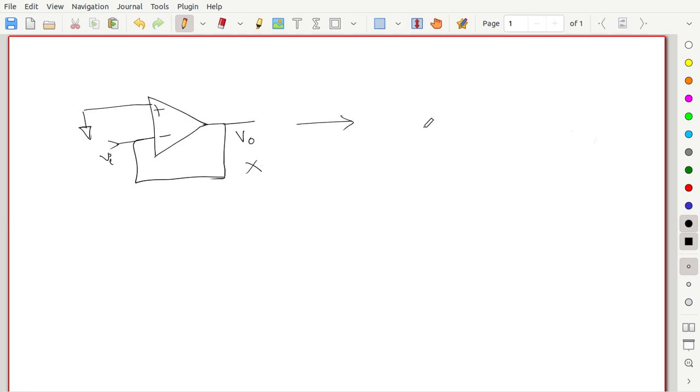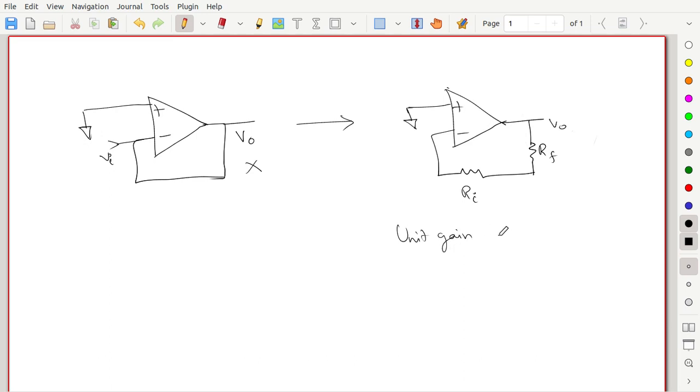The correct one is we have to include the feedback resistor and the input resistor. So the correct one is, this is our output. We have to include both the input resistor and the feedback resistor, V out. So this is inverting and this non-inverting terminal should be grounded. In this way we can have an inverting buffer, but the thing is, for unit